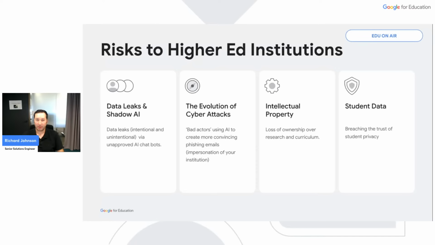And right at the end, students and staff in your institutions take the assumption that when they're using AI in your environment or on your network, it's safe data-wise. Using consumer AI can erode trust when people find out that it is not the safest solution.